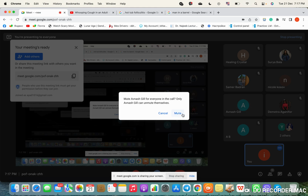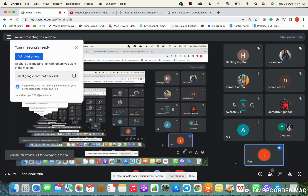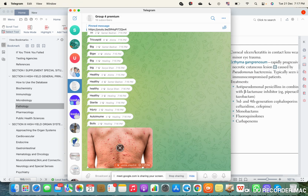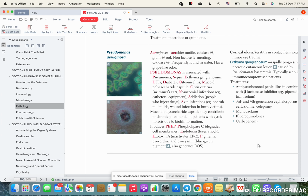some person accidentally forgot his cell phone. Okay, so hot tub folliculitis. Here it is. Okay, so they write